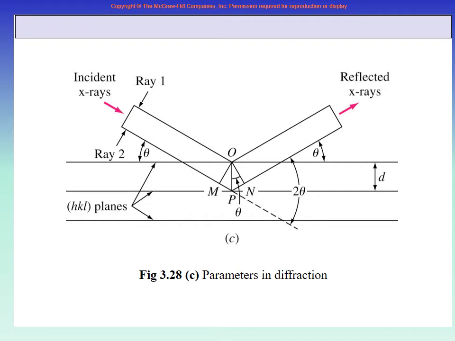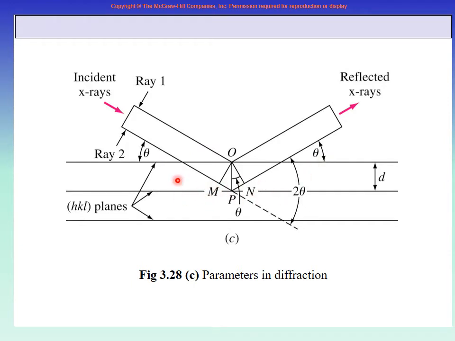So here it is simple geometry. This is the top plane. This is the second of that plane, this is the third of that plane, they are the same planes. If it is hitting just the first one, then it is reflecting. But if it is going inside the material and hitting the second plane, then it is coming out like this. Of course, this angle theta and this angle theta is the same because the planes are exactly on the same angle.